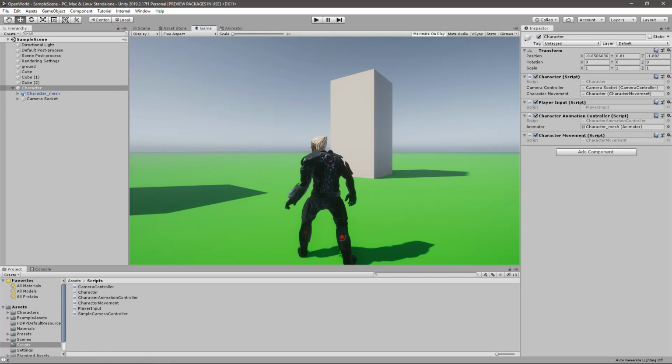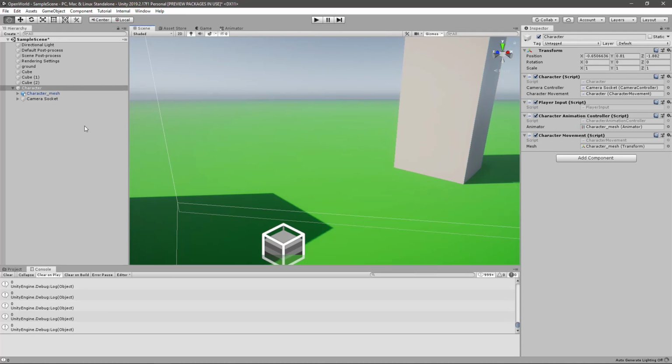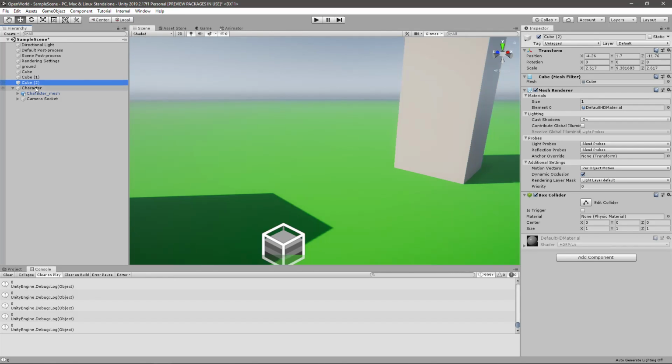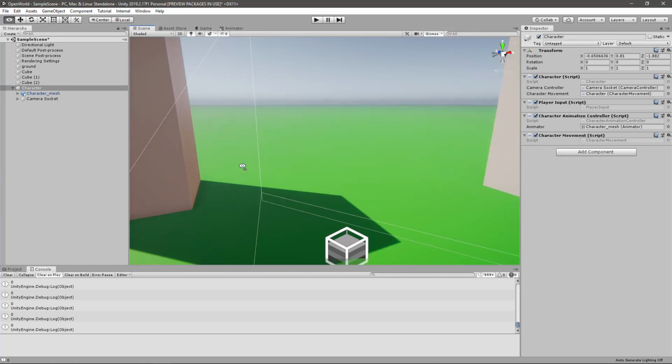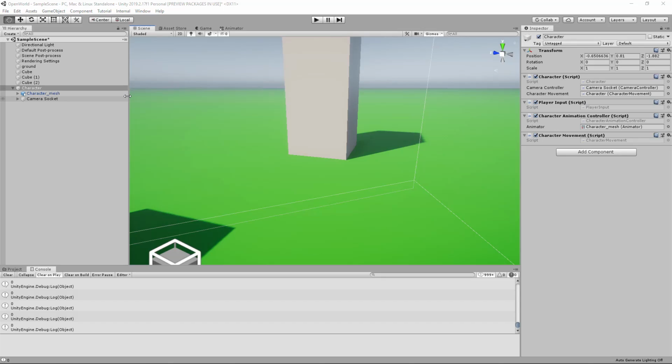So for that, okay, so here what we need to rotate is the character's mesh, not the root component of the character. That's because if I rotate this root component of the character, what would happen is, as my camera is also a child component of that one, the camera will also rotate, and then the direction I am looking at would be also changed again. So that's not expected, that's not the way I want it to happen. So therefore,